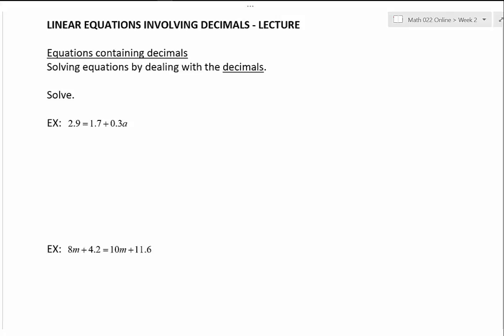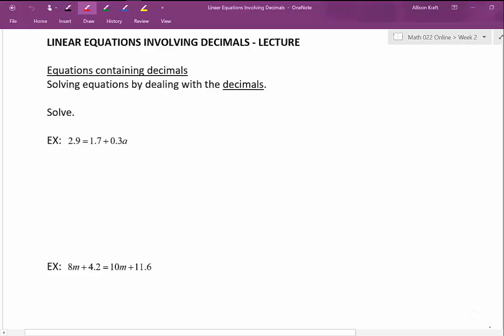We notice that all of our variable terms are collected on the right, which means that our constant terms need to move to the left side. To eliminate that positive 1.7, I'm going to do the opposite. I'm going to subtract 1.7 from both sides of my equation. The 1.7's fall out on the right, leaving me with 0.3a, and on the left side,